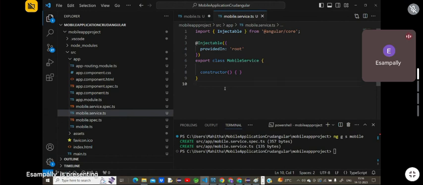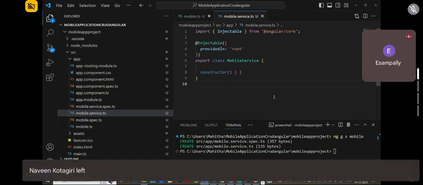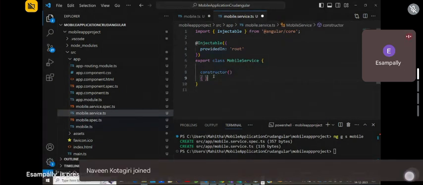Okay, get request or post request, everything we will do from here only. So first thing what we will do is, we will try to create components also. All the components, everything one by one we will create. Okay, so now